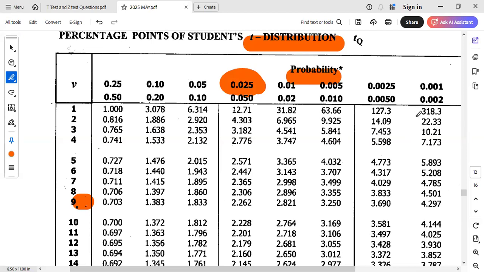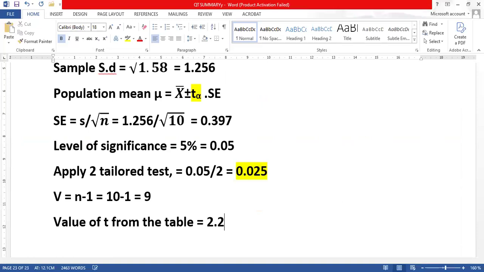Okay. So you read the meeting point. The meeting point will be the value of t. This one, 2.262. That is the value of t from the table. And that's all. After getting the value from the table, get the lower limit,